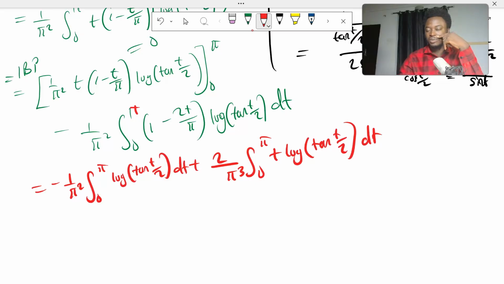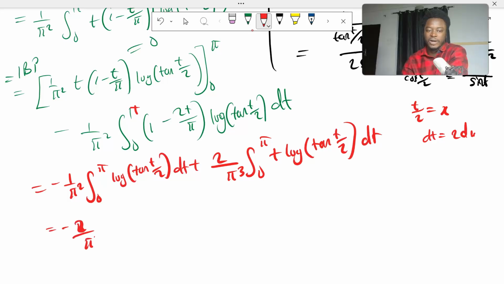Next, we are going to make a substitution. Take t over 2 to be x, okay? If you do this, then you would have dt equal to 2 dx. So you would have negative 2 over pi squared times the integral from 0 to pi over 2. As t becomes pi, x becomes pi over 2, and as t becomes 0, x also becomes 0. So you would have here logarithm of tan x